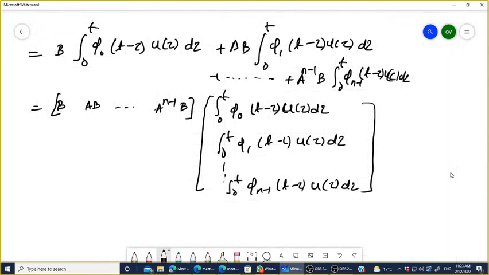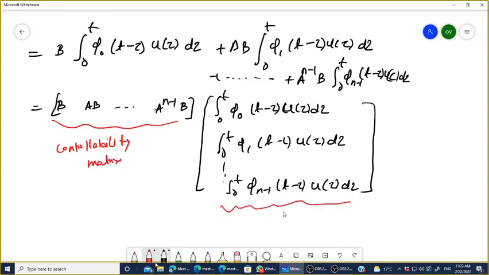This is the controllability matrix. Yes or no? And what is this? This is nothing but the convolution. Yes, is it a convolution or not, tell me. What is the convolution? The equation of convolution looks like this. So this is the convolution